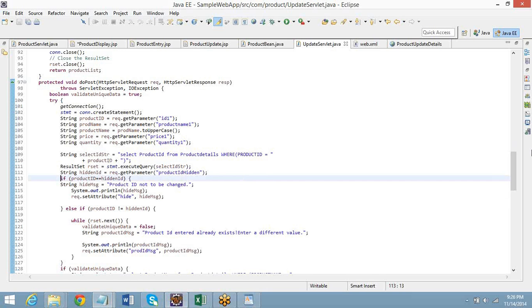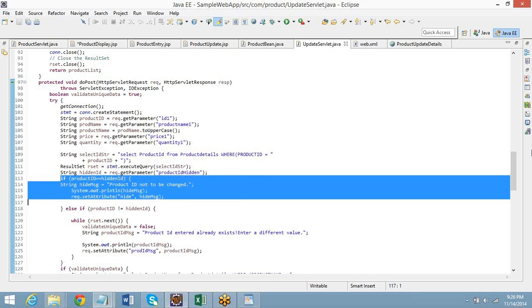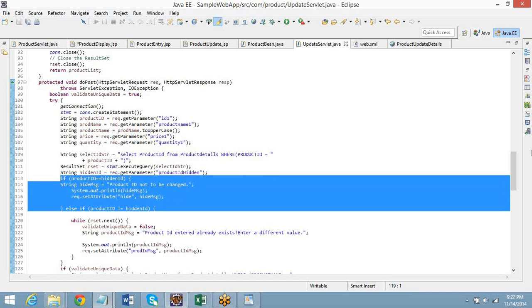Press shift. Keep it pressed. Just click on the down arrow button till the line number I tell. Go there. Select it basically. I want to remove it totally. I don't want that message to be displayed. Let's display that message later.